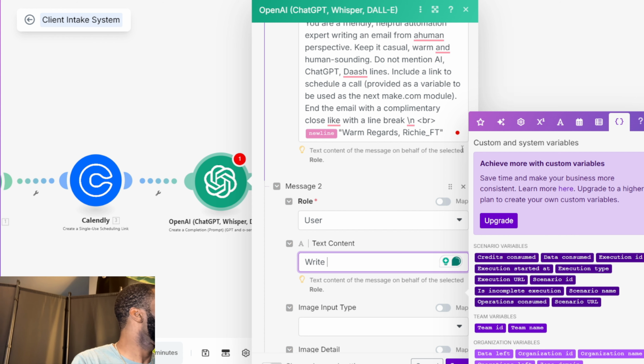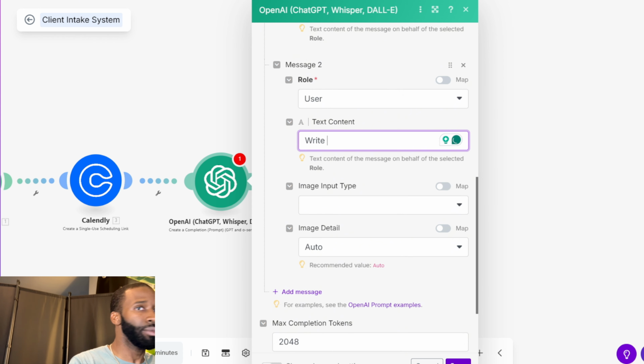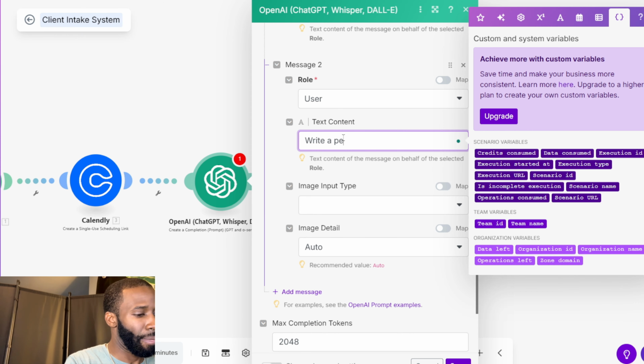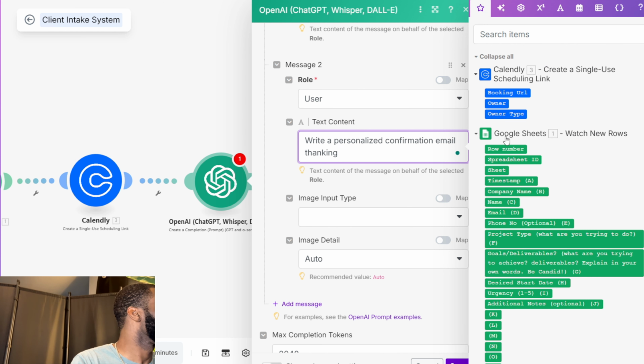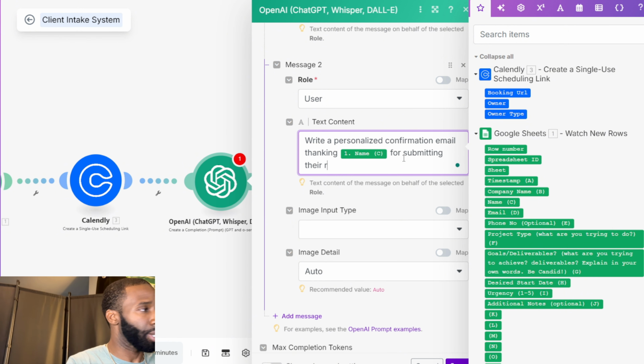So yeah, we're going to say write a personalized confirmation email thanking the name of the client, whoever they'll be, for submitting their project details